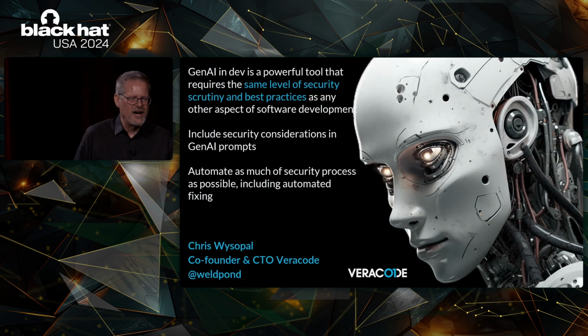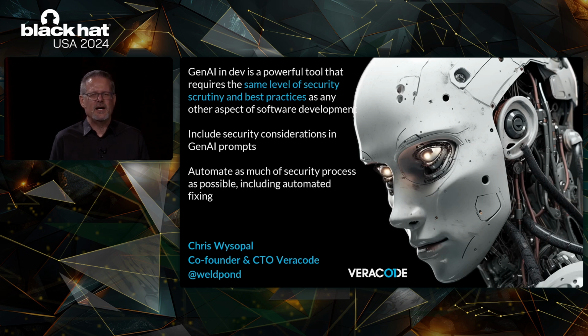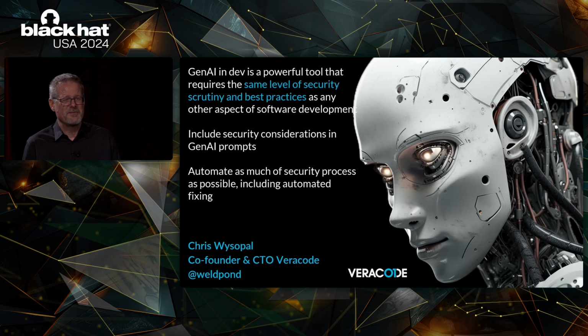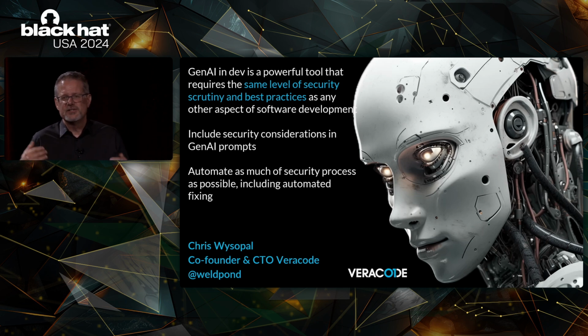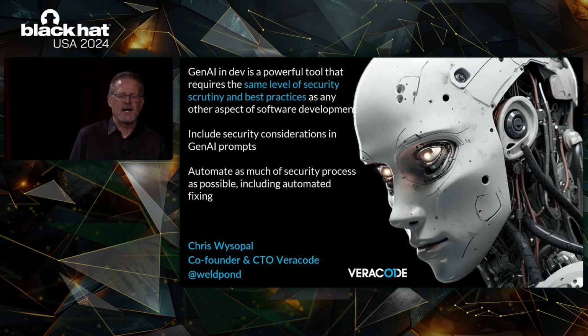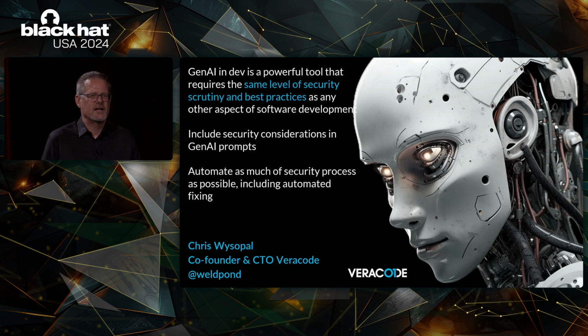So, just to finish it off, I love generative AI in development. I think it's a powerful tool. I don't think we're ever going to go back from a 50% performance increase, but I hope you get from my talk today that the code being generated has the same security defect or vulnerability density that your development teams are producing now. It's just coming at you faster. So we need a faster way to deal with this, right? I think that's really the only solution. We're not going to not use generative AI for this.